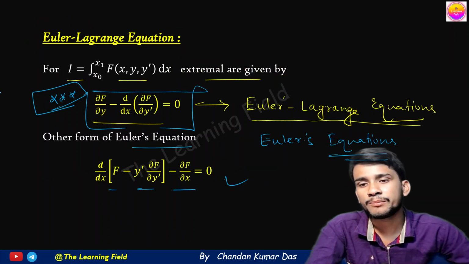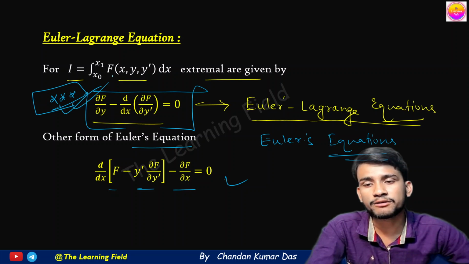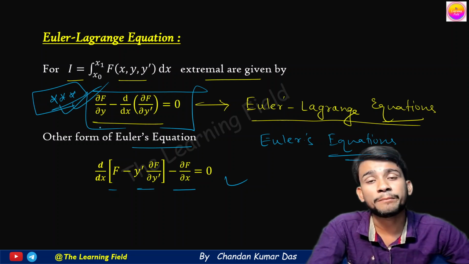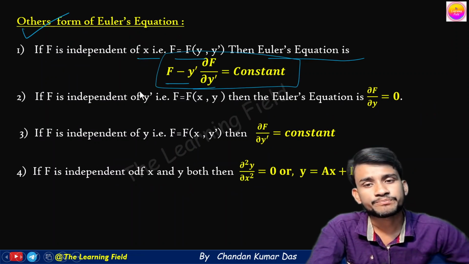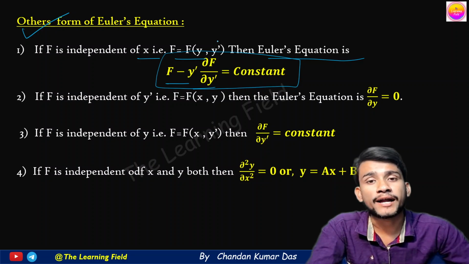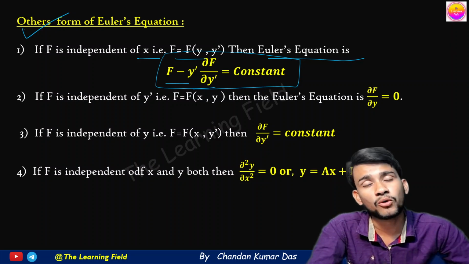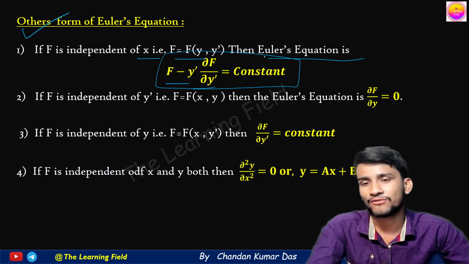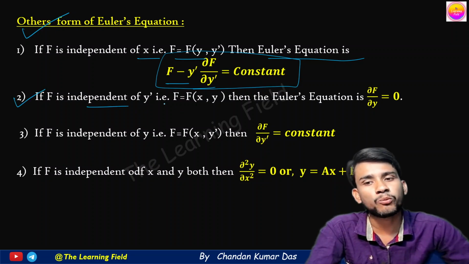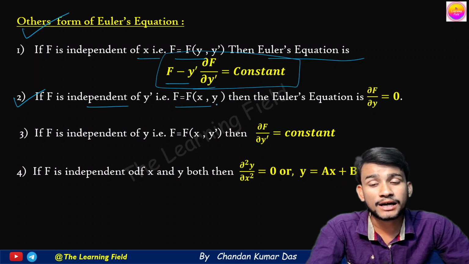Okay, if you forget the particular forms, then you can use the main forms to solve the problem, but sometimes we need this easiest form to solve the problems, and in that case the problem is easier if we use these formulas. Now case 2 is if f is independent of y dash, that is f is a function of x and y only,